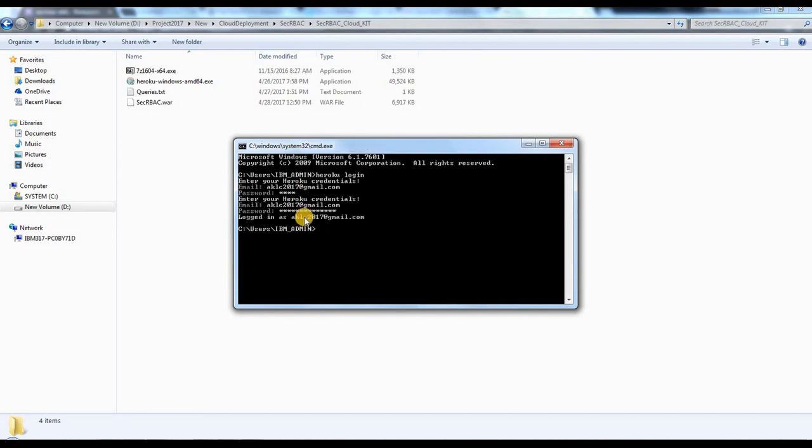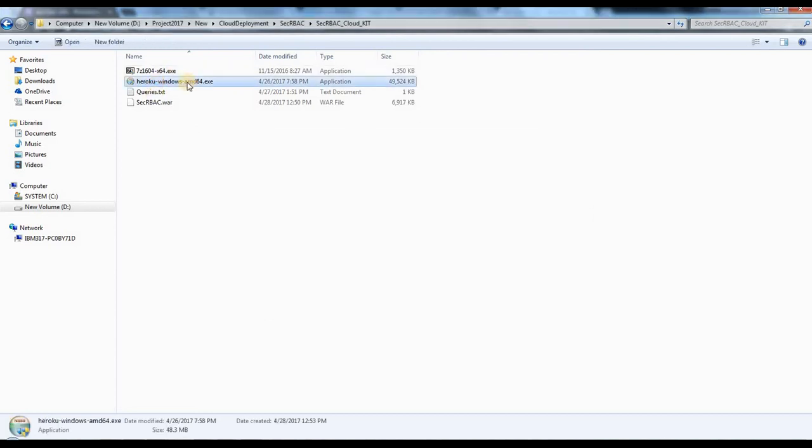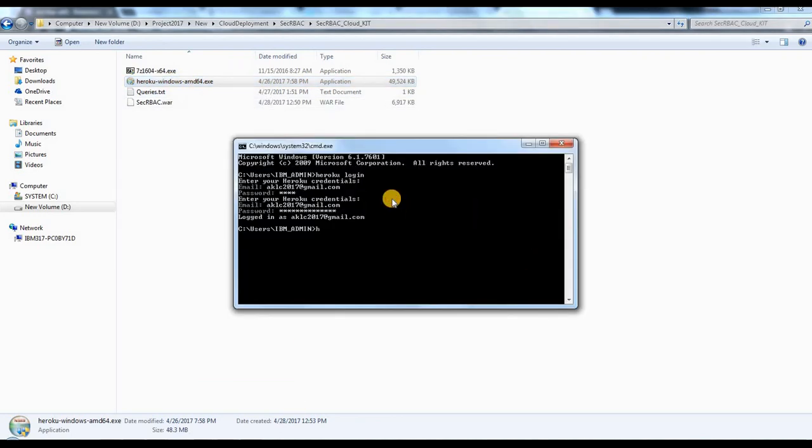So you can see I have now successfully logged in. This Heroku login command will work only if you have installed this Heroku Windows client application. If you haven't installed it, you need to install it. The next command you will have to execute is heroku config -a, followed by the name of